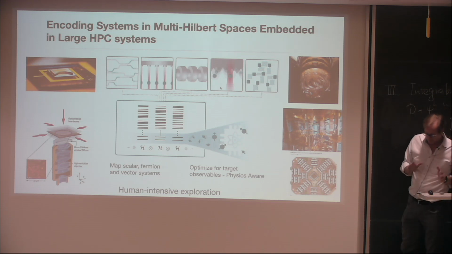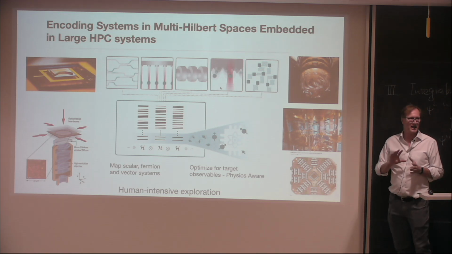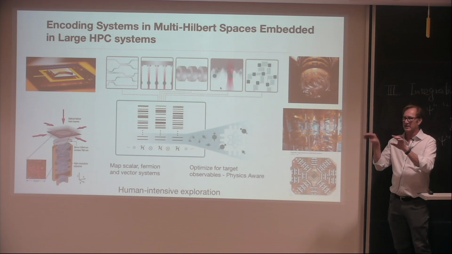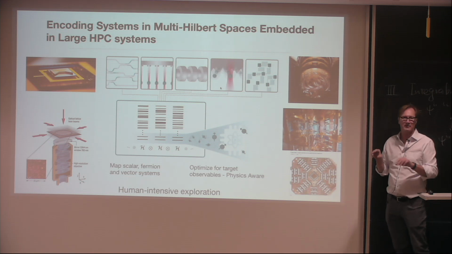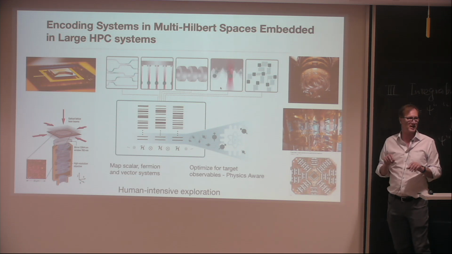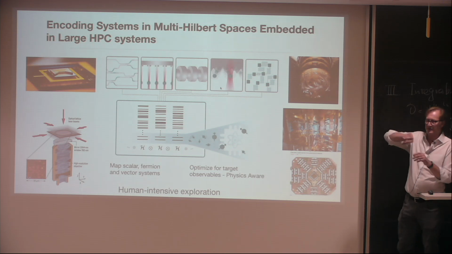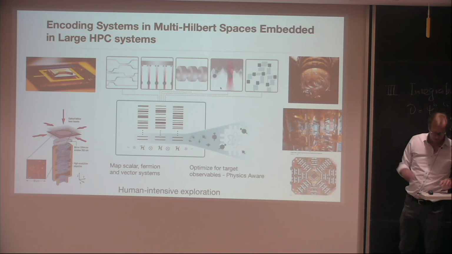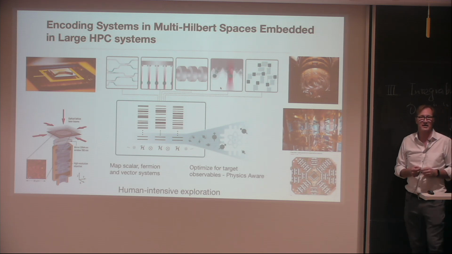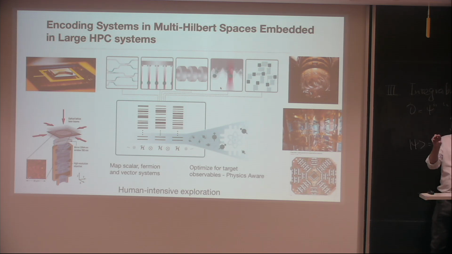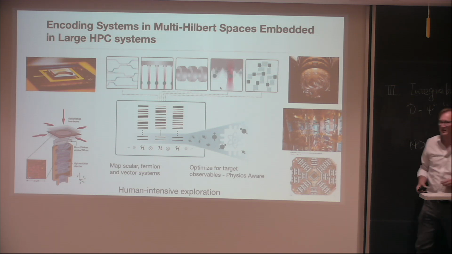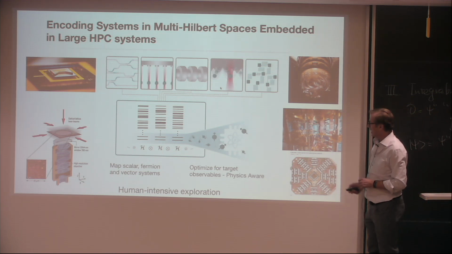So one has to think about the problem, understand how to organize it, how to figure out which parts you want to send and do on the classical computing side of things, and then which parts you want to specifically send to your quantum processor. It's very similar to when GPUs came out. You had to understand which part of the jobs you wanted to send to the GPU, and in this case, it's now what part of the jobs you want to send to the QPU. The architectures are changing